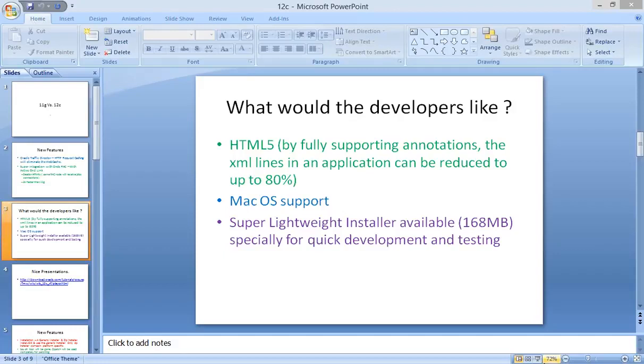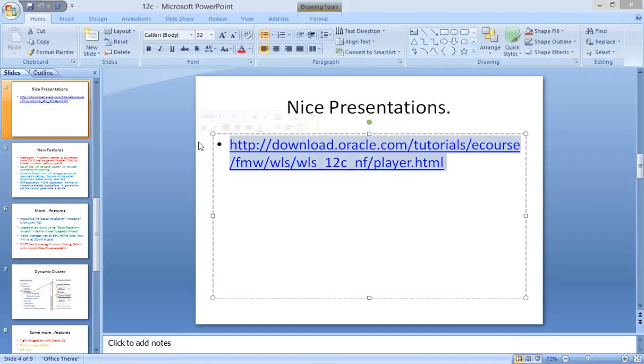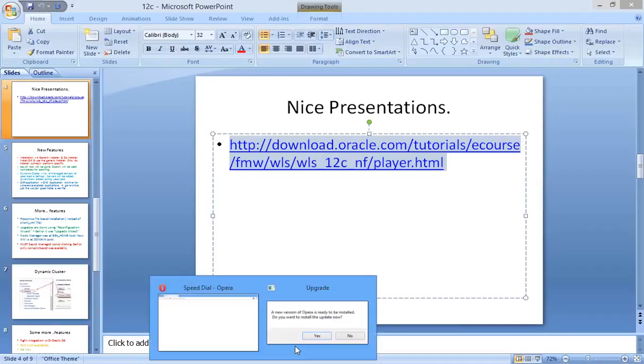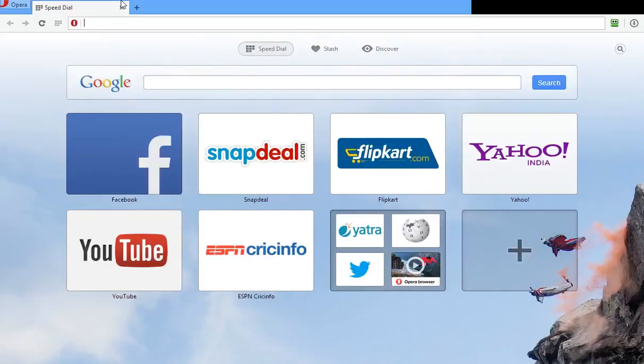Apart from that, there are some new features I've added, and this is a very nice article here. I'm going to send you this PPT, so make sure you go through this article. It really gives you a very nice overview of the new features of 12c, in about 50 minutes. If you go through it,